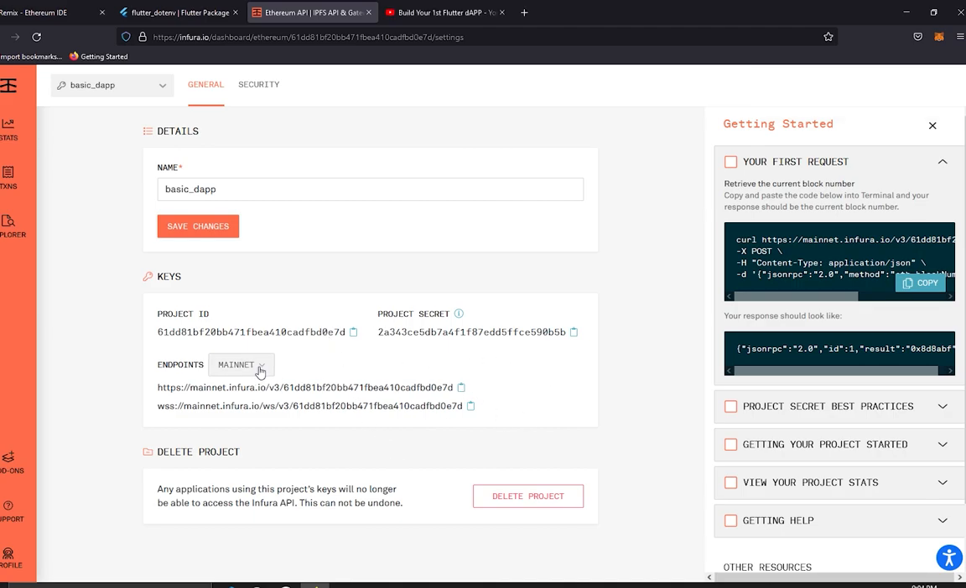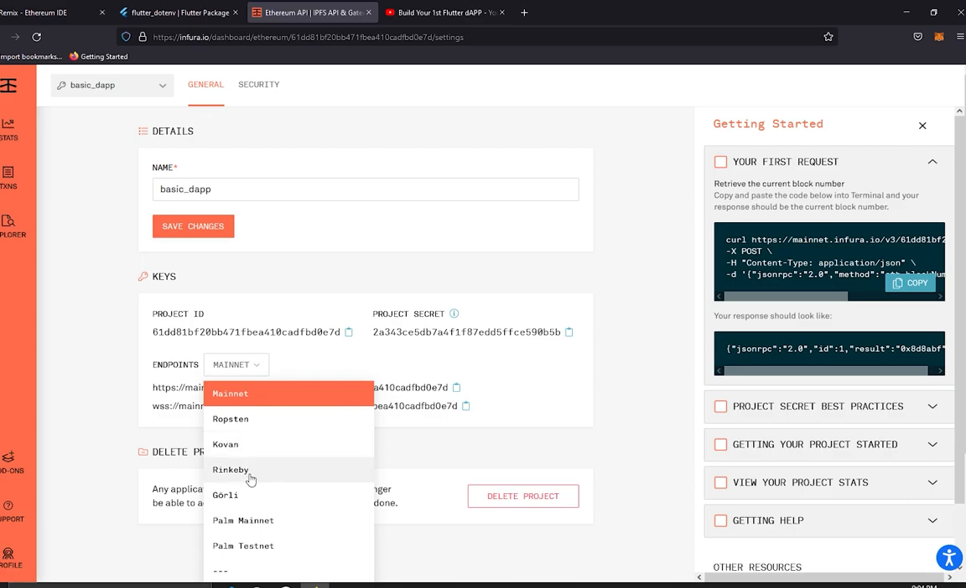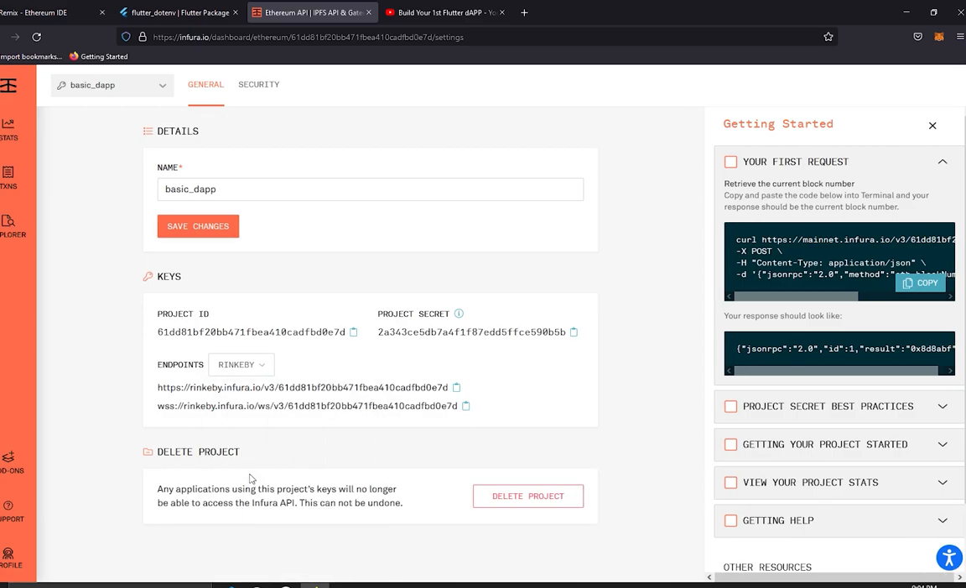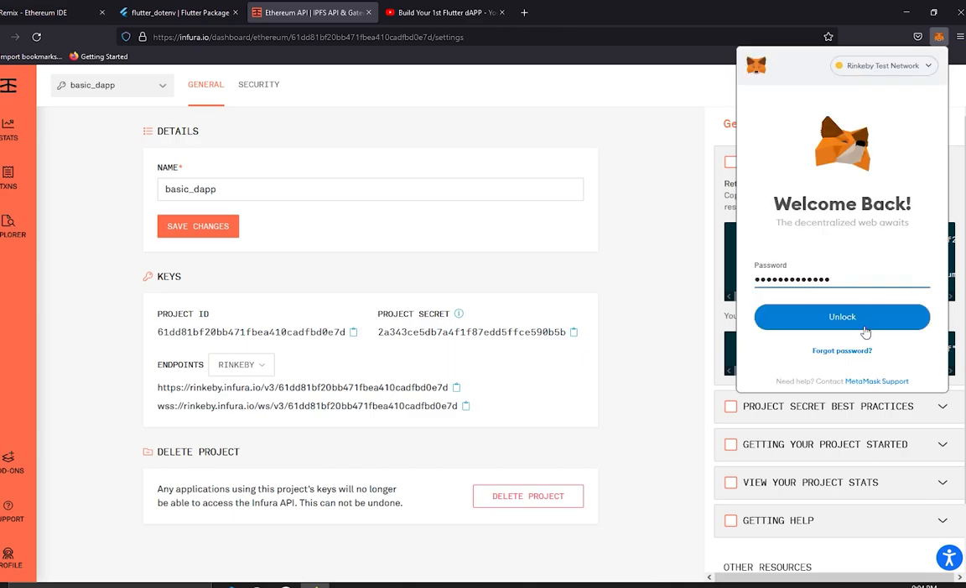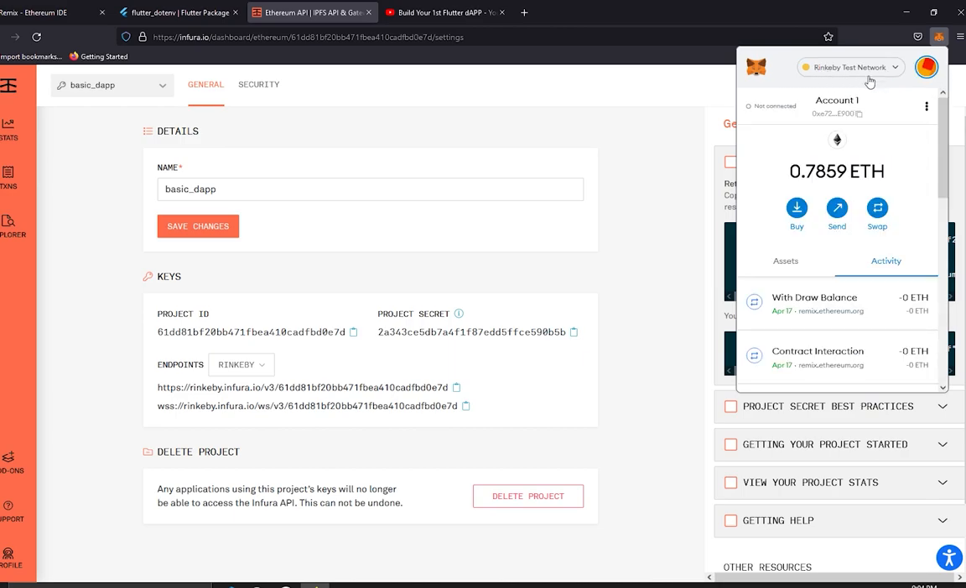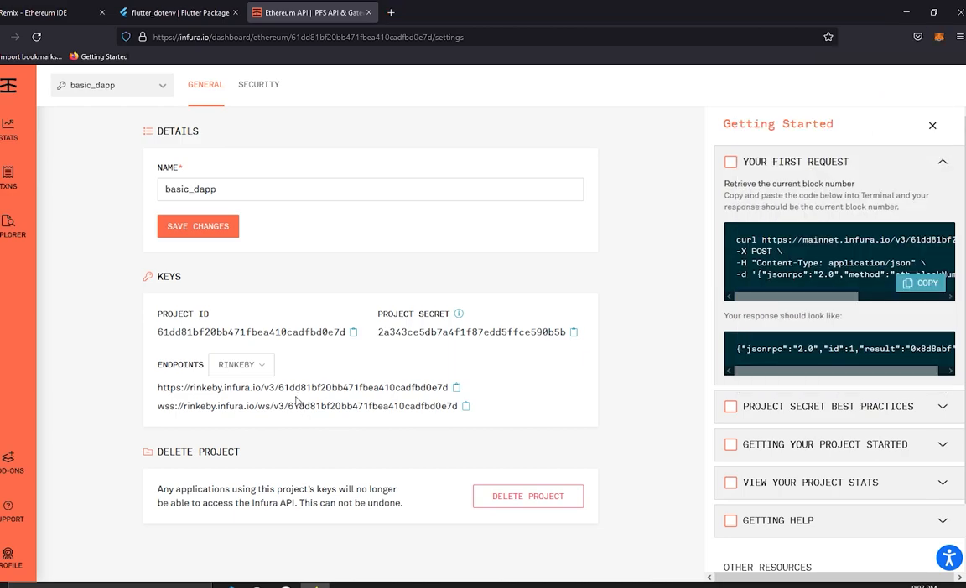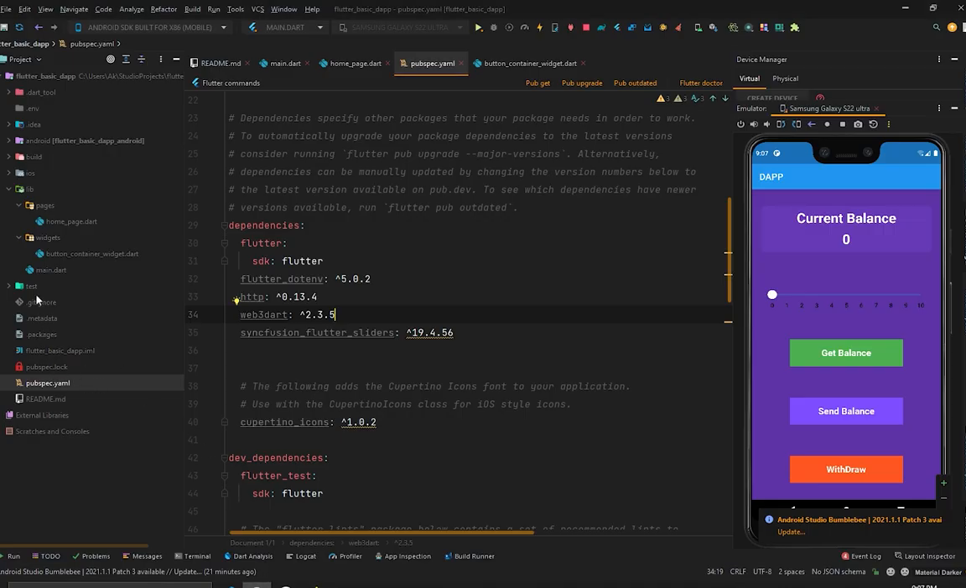And you can see it's on our mainnet, so we simply have to change it to Rinkeby, because in MetaMask, if you have seen previously, we have used the Rinkeby network. Let me show you here also. Let's unlock this, and here you can see the Rinkeby test network. Now it's clear. And after that, let's move to our Android Studio, and then we are going to create a